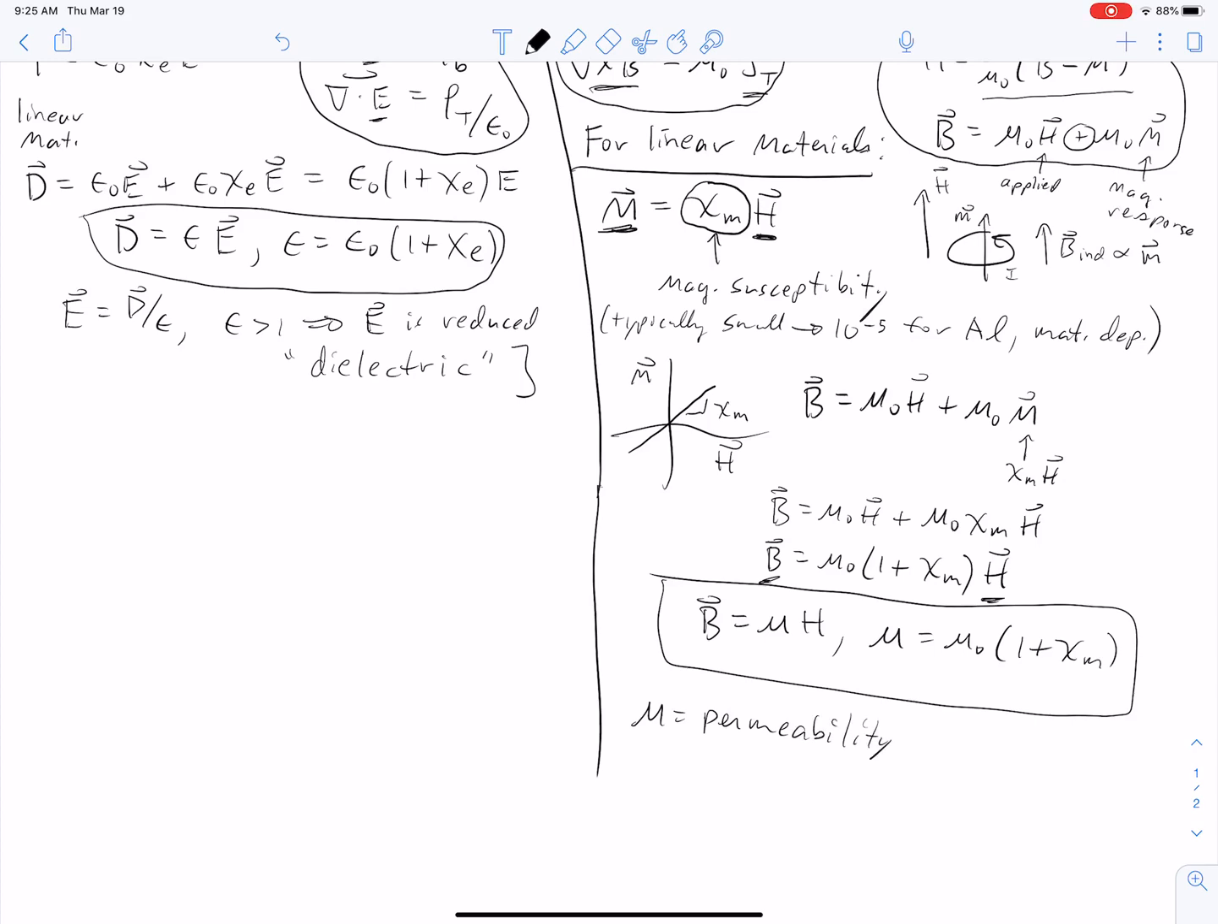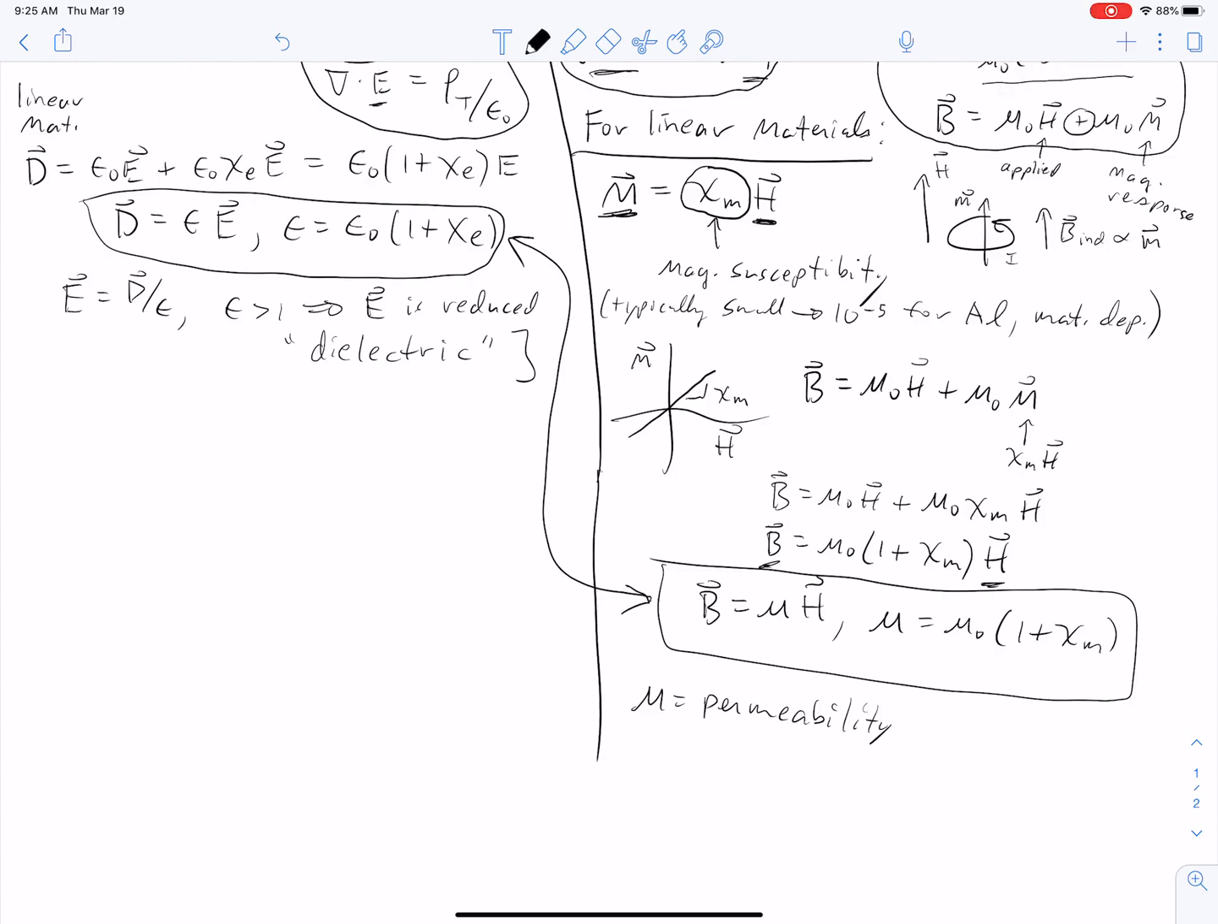And I just want you to see the similarity between the magnetostatics case and the electrostatics case. You see, it's the exact same treatment, the same reasoning, the same idea. So it shouldn't seem strange to you. And so basically, what we see then is that B, the magnetic field, is